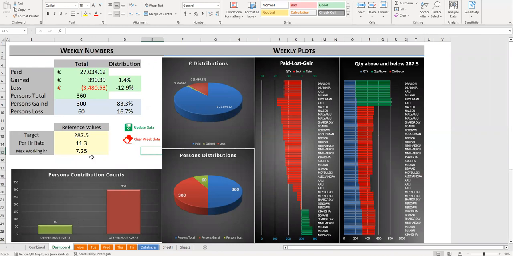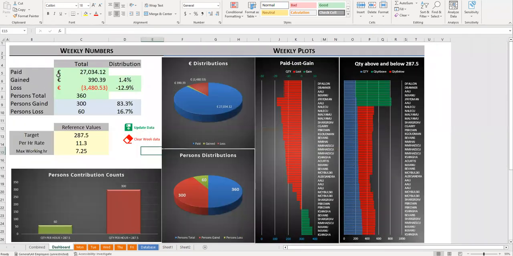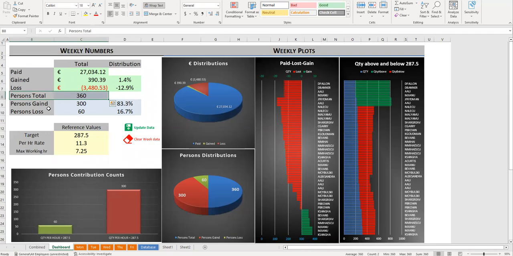Now you can see as soon as we have the data in here, the dashboard is updated and all the calculations are there. Let me show you quickly. There are two sets of data basically. The grays are headings. Blue is one set of data and green is the other. As you can see, the euro sign, green is for the paid, total gain, total loss. Same format, total persons contributed, we have enlisted 360, 300 have